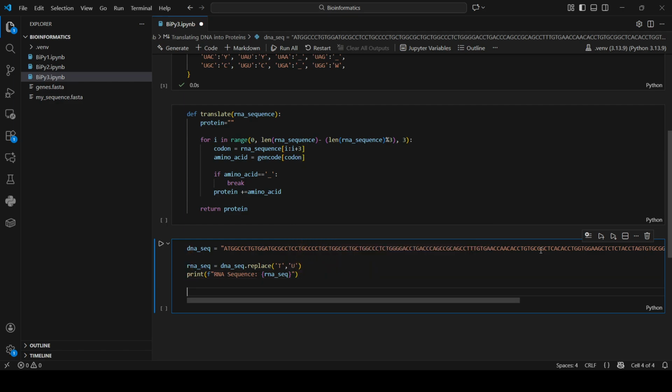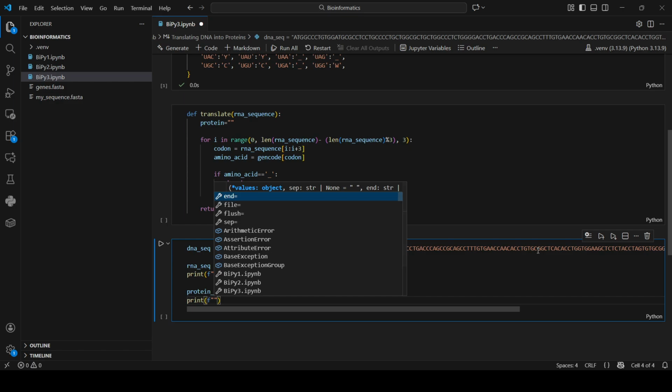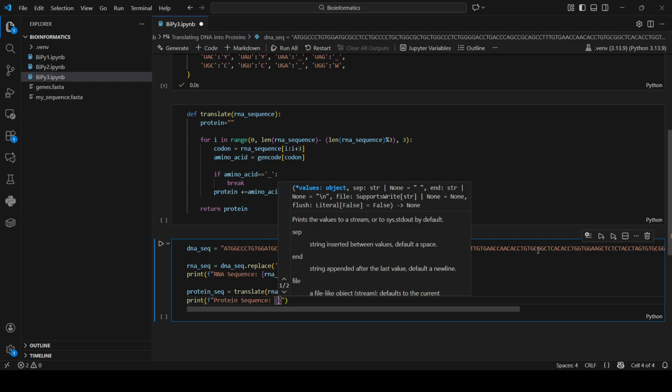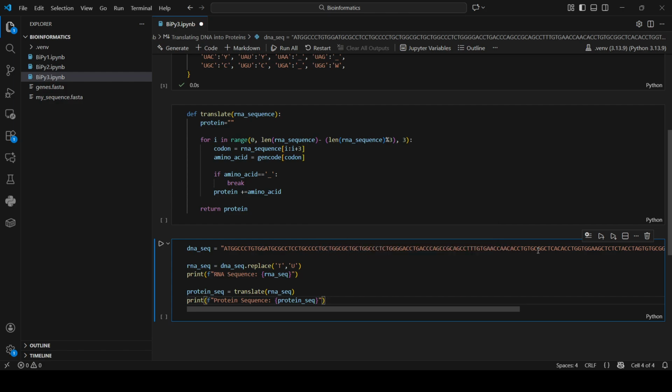And then we translate the RNA. Protein is equal to translate, and then we enter RNA sequence. Then we print it, protein sequence is protein sequence. And when we run this,